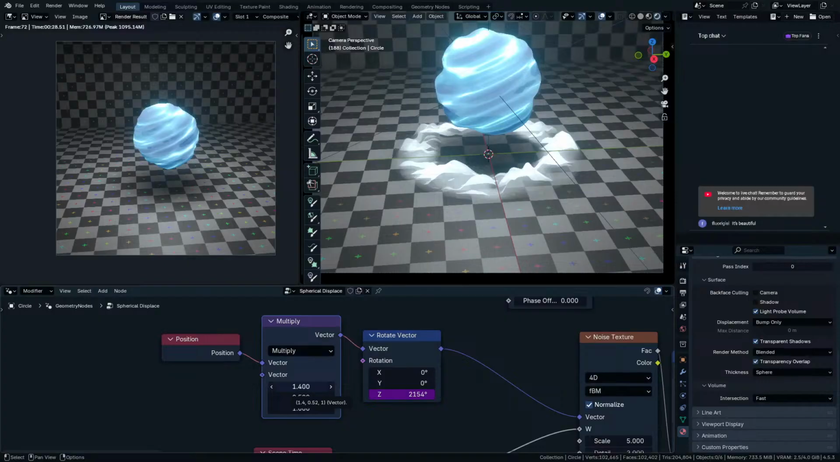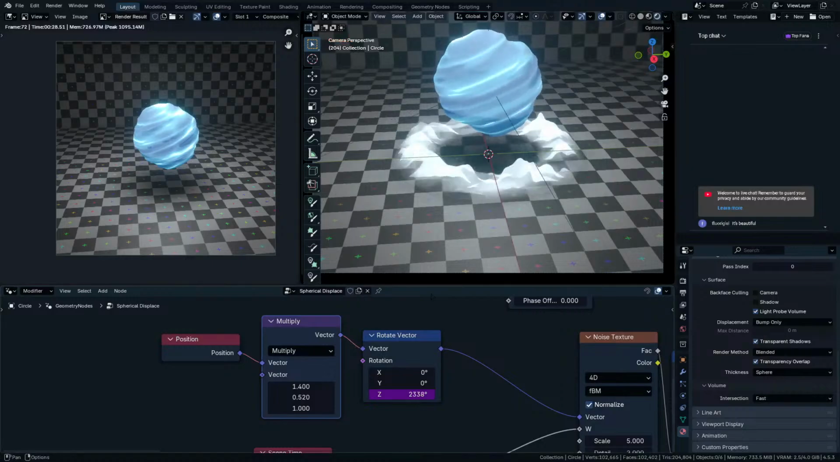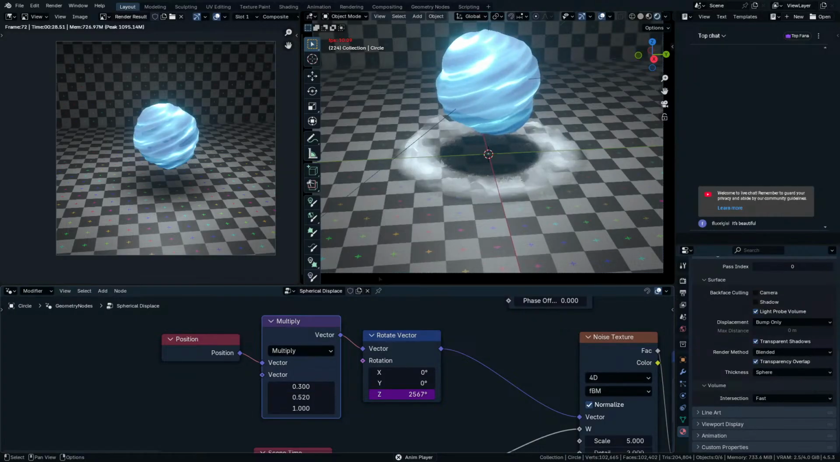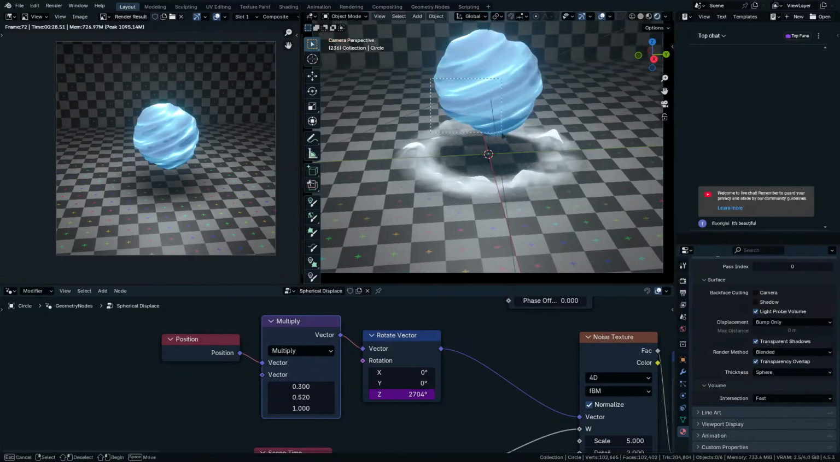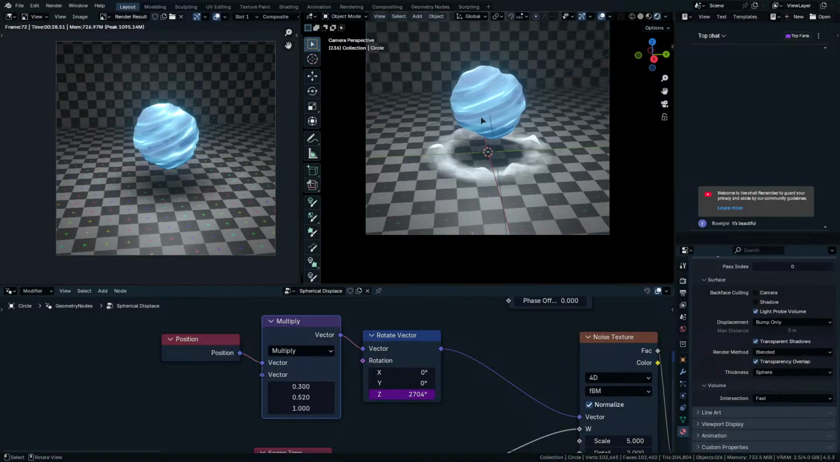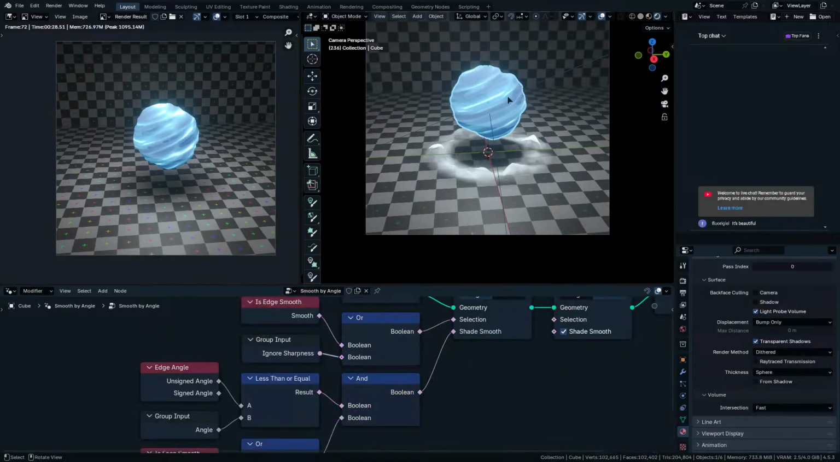Okay, so we're good at this point. Oh, sorry. We can rotate this and it looks good. Holy, looks amazing. Now, what I want to add is, I'm just going to duplicate this thing